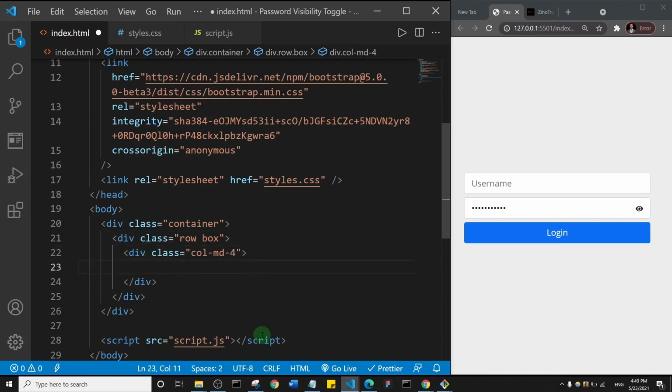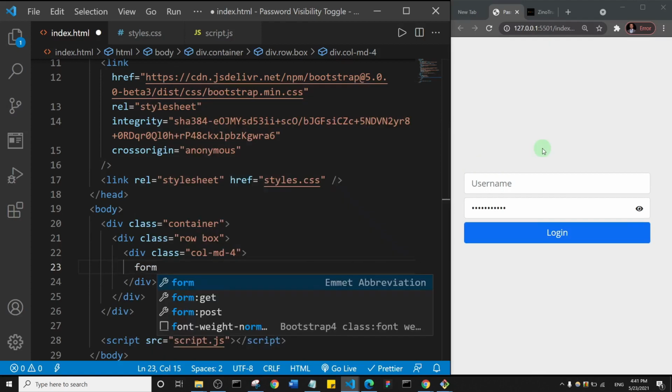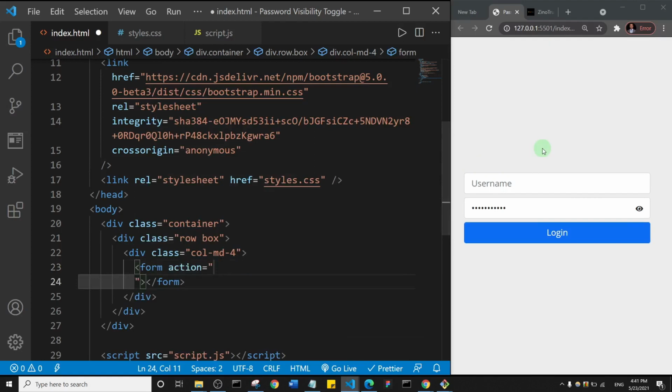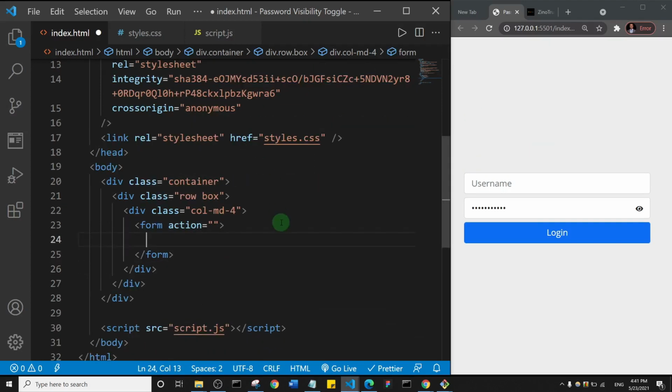Now inside the column basically what we have is a form. So we're going to just create a form, like so, and sorry about that. Inside our form, we have 2 input fields and a button. The input fields and the button are just to make the project look a little bit presentable. That's it. So I'm going to create a div with a class of form item,